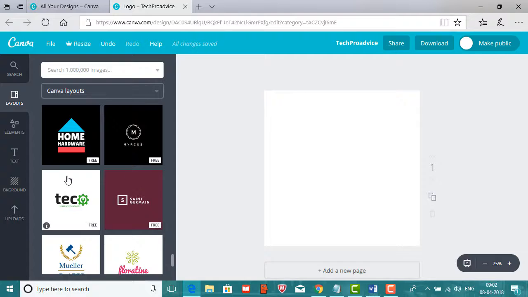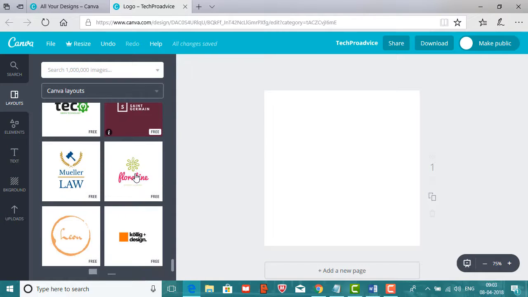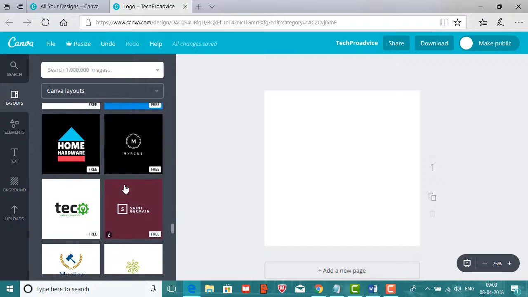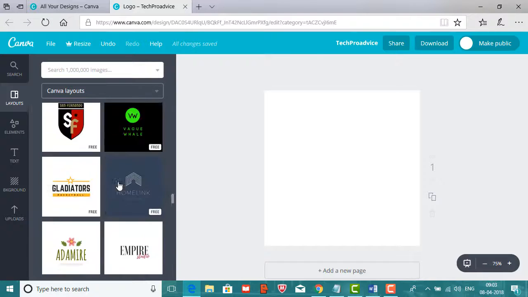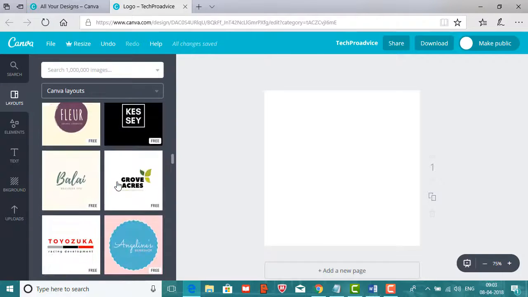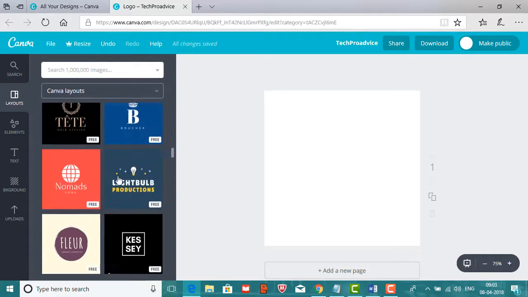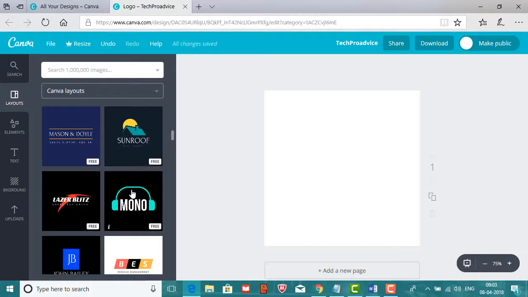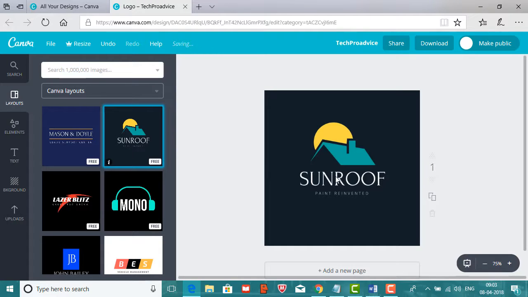Some of the logos are free and some will be paid. So you select a free logo as per your business. I will select, for example, only this one. And after selecting the logo, you can change the font, you can change the icon and background color, and here are some